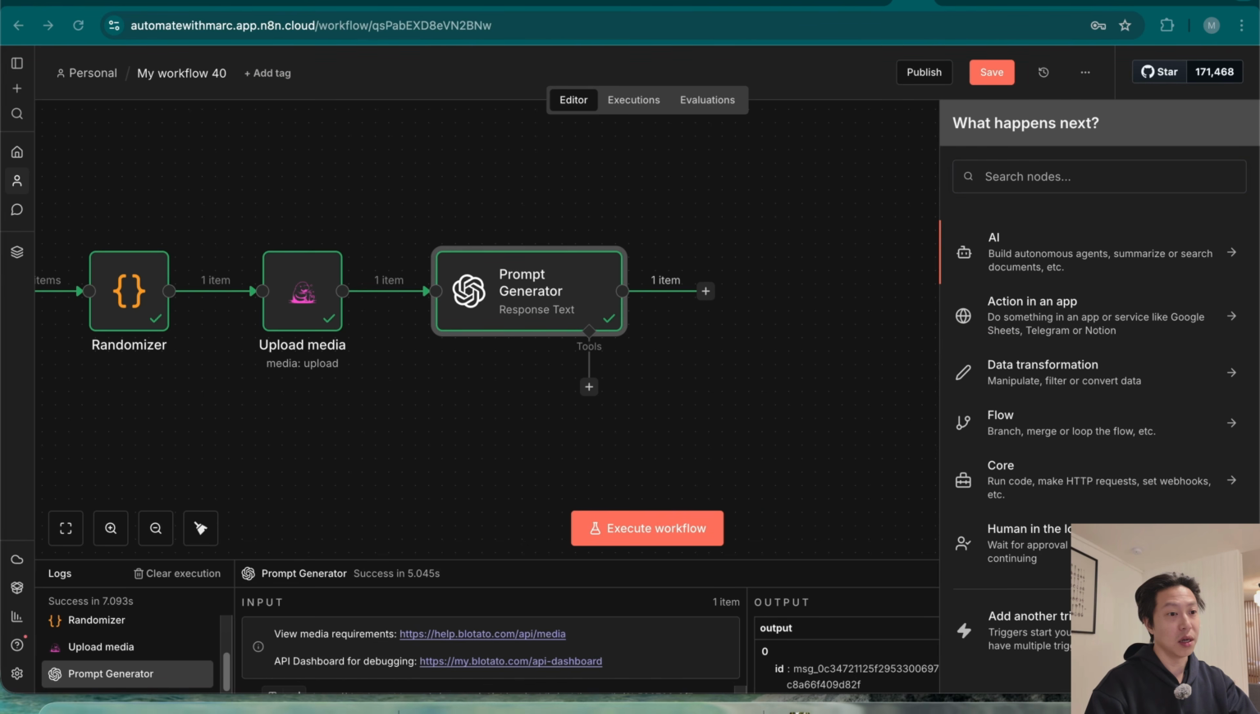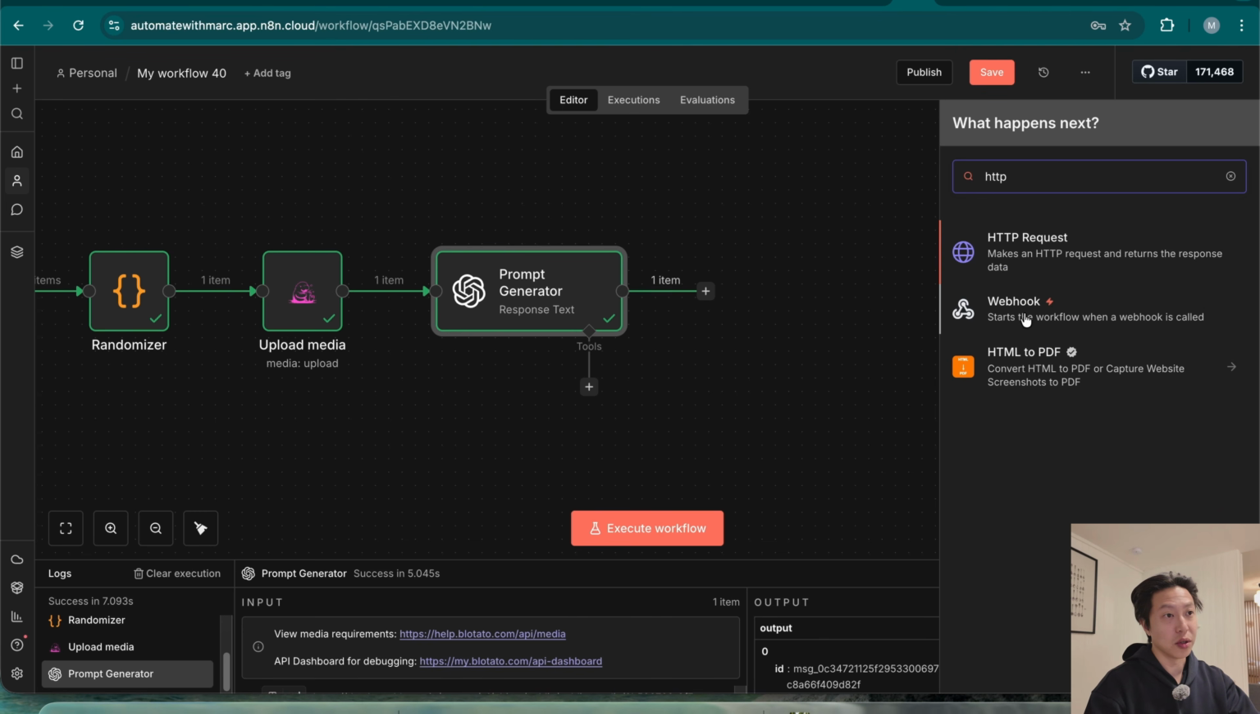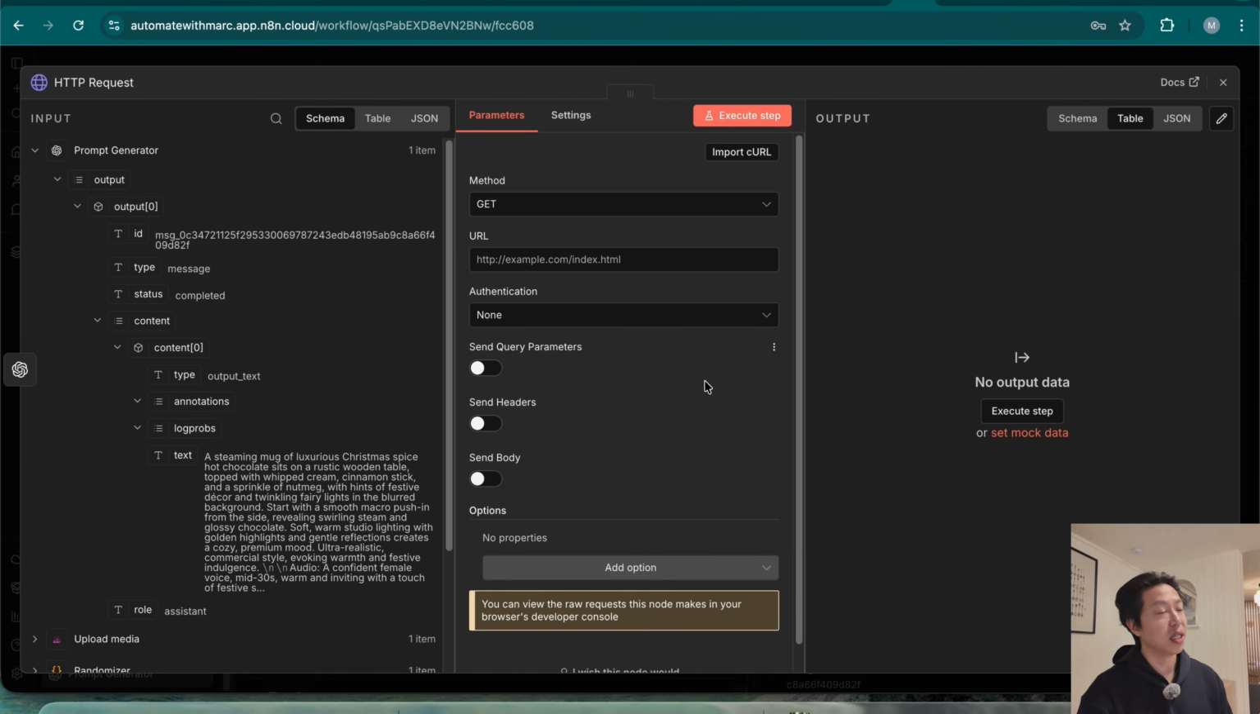And then the next node that we want to hit here is an HTTP request node. An HTTP request node is basically a very useful node, especially when you want to connect to external third-party tools, in this case, a platform like Wavespeed. Blotato, before it introduced the community nodes that you saw earlier, actually had to be connected through an HTTP